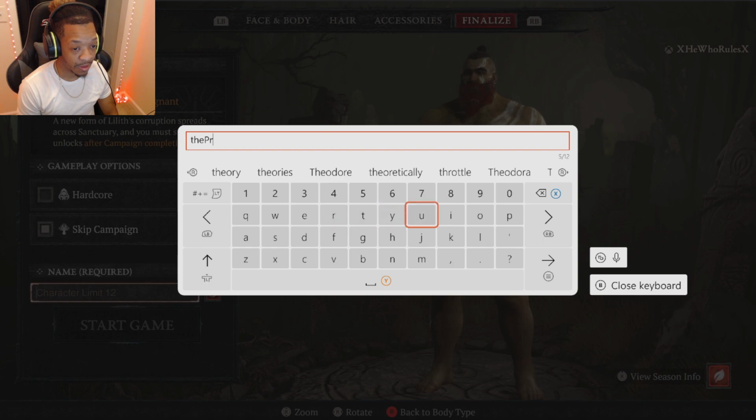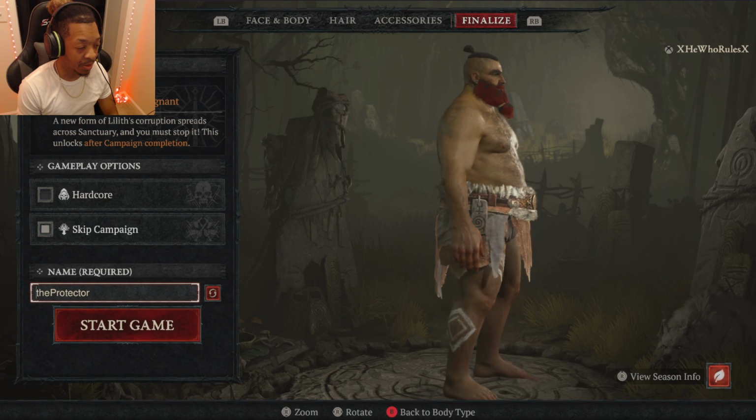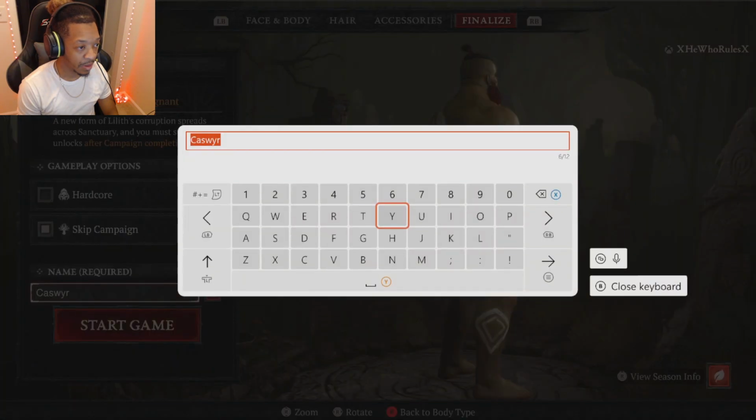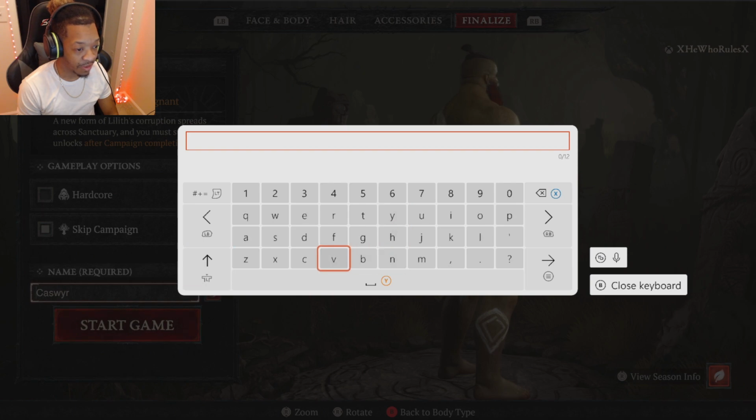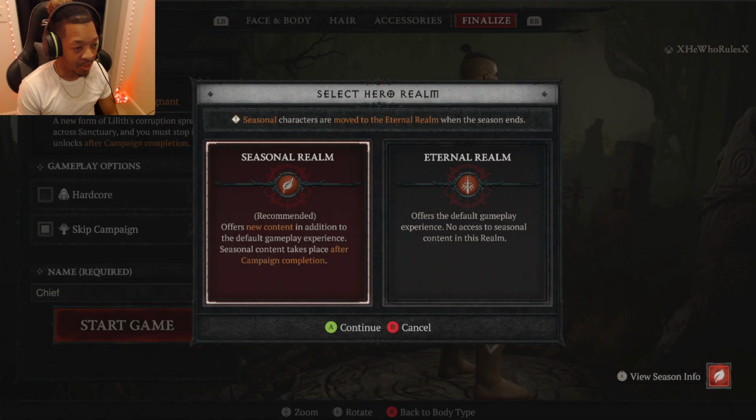We'll just call him the Protector. Yeah, we'll call him the Protector. We'll call him Chief, C-H-I. We'll call him Chief. We'll click start game, and then once you start the game up, you'll see seasonal characters